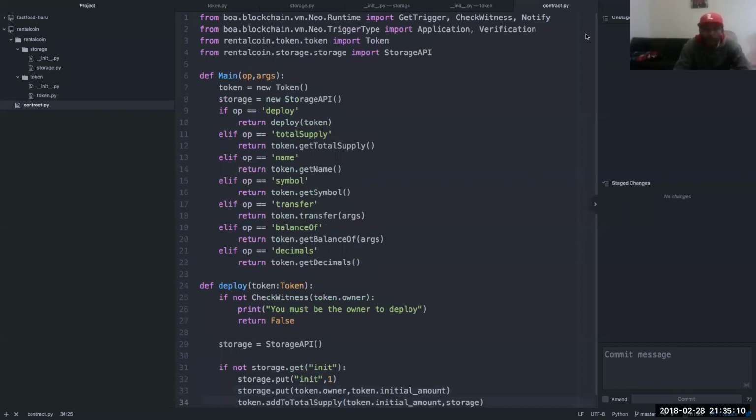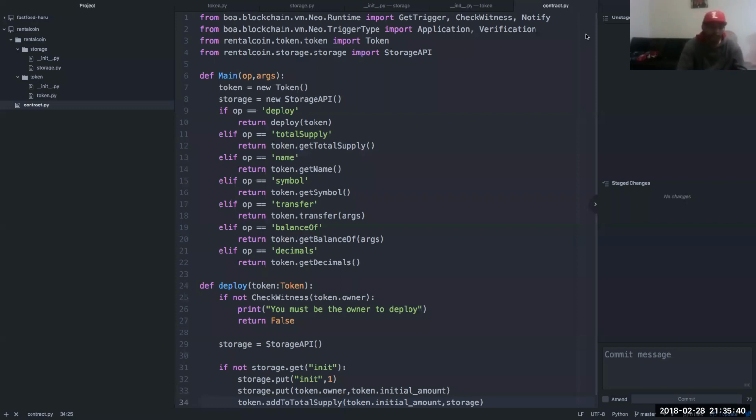So just to do a recap, we have the main function that takes in the operations and arguments. To be NEP5 compliant, you must implement the total supply, name, symbol, transfer, balance of, and decimals functions. So basically, when your smart contract is invoked, it's going to call your specific function and run your logic.